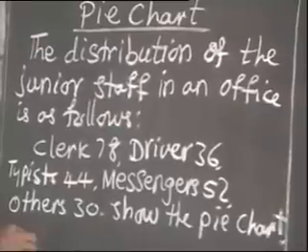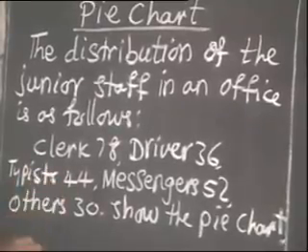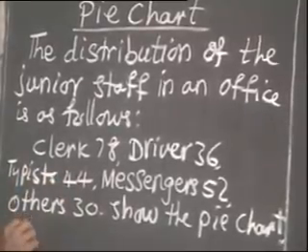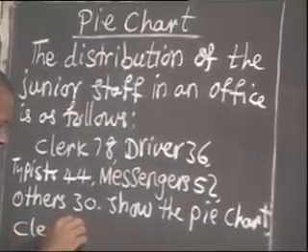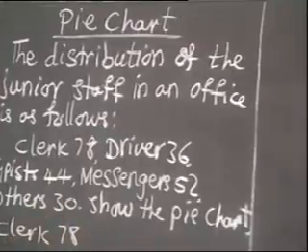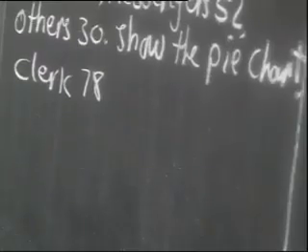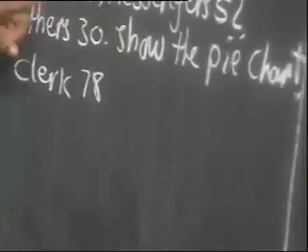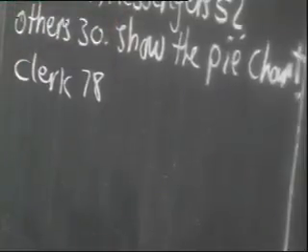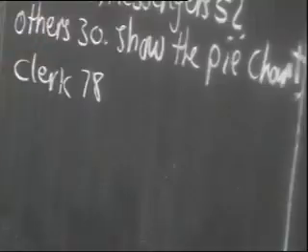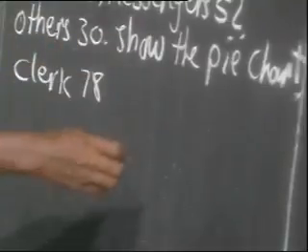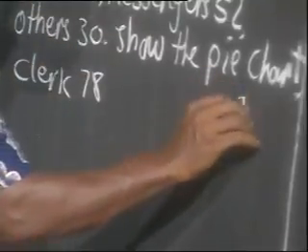That's the first step. For instance, we have the clerk, that's 78. You just need to put clerk. They are 78. Now, this 78, first of all, we must be able to identify the total number of staff that we have. We have not been told that this is the total number. So just make sure that you calculate on a rough place to find out the total number of staff we have there. So we can do that quickly by saying 78